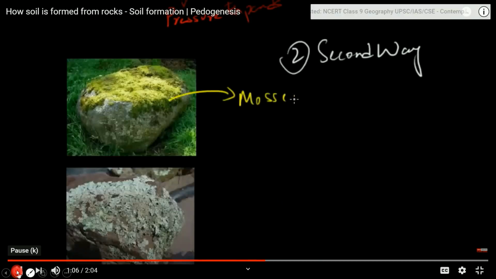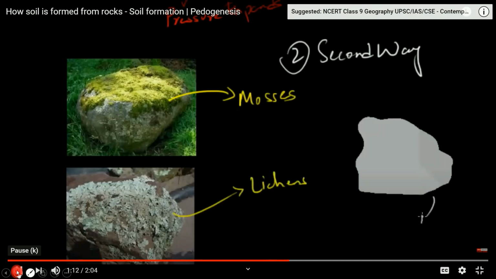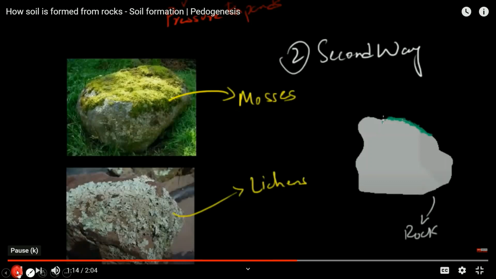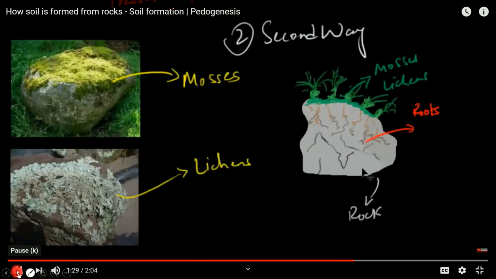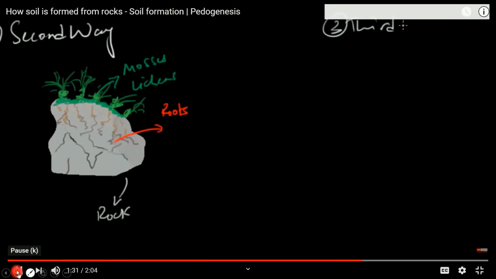Another way rocks crack is due to the actions of plants and animals. Some plants like mosses and lichens are capable of growing without soil on bare rock. While growing, their roots penetrate into the rocks by creating pores. And when mosses and lichens grow into grasses and ferns, later on they grow into bushes and trees. This causes rocks to split apart as the roots force their way down through the rocks. The same mechanism by which water splits the rock.